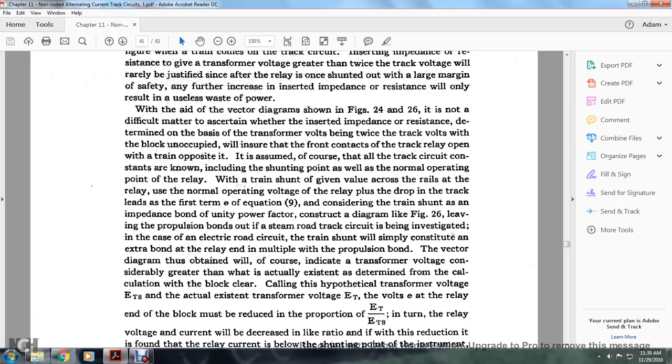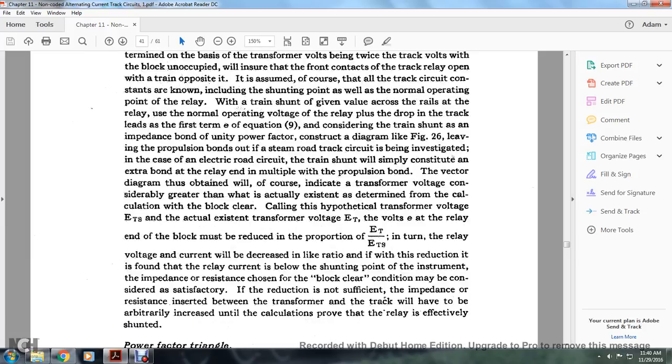In the case of the electrical track circuit, the train shunt will simply constitute an extra bond at the relay end, multiplying the proportional bond. The vector diagram is obtained with the transfer voltage considerably greater than the actual extent determined by the calculation with the block clear. Calling the hypothetical transformer voltage ETS and the actual transformer voltage ET, the voltage at the relay end of the block must be reduced in the proportion of ET over